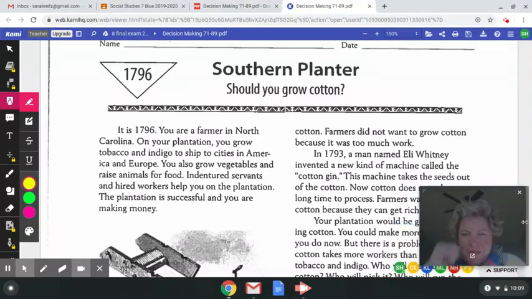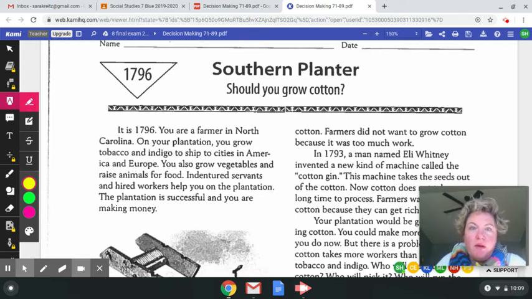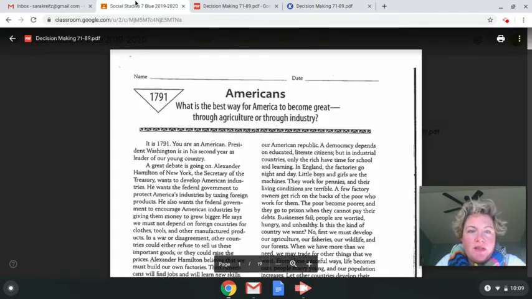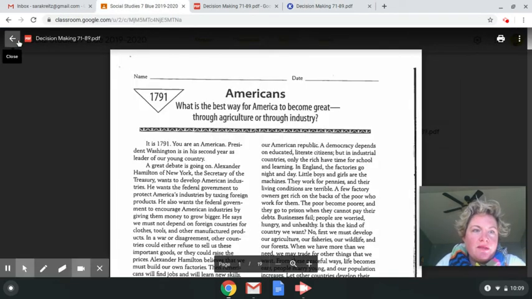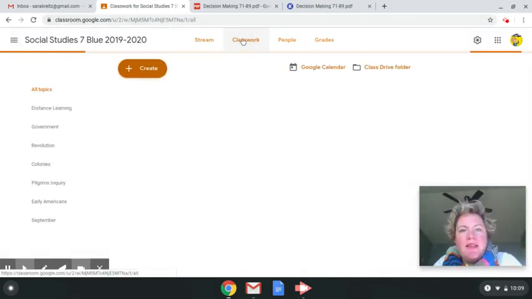Hi guys, today we're working in our decision making on pages 74 and 75. Starting with this assignment, I'm trying to make things a little bit easier to manage, going back and forth and turning in your work. So once you are done reading and when it's time to answer questions, on the social studies classroom, you're going to find the assignment,